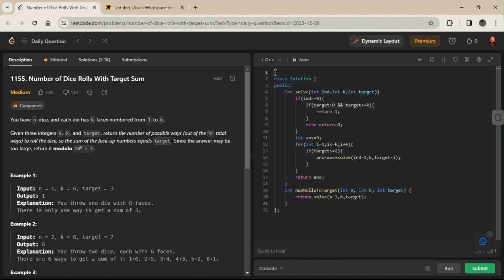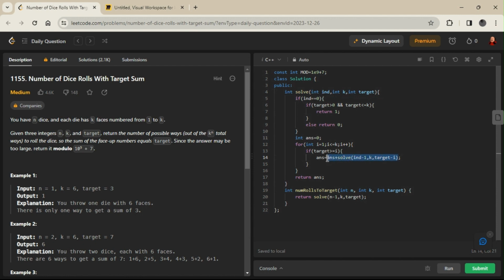So we also create a variable, int mod equals 10 to the power 9 plus 7, which is 1e9 plus 7. At every step we take the mod, so that it does not lead to an overflow condition.